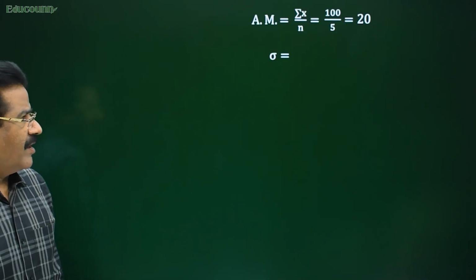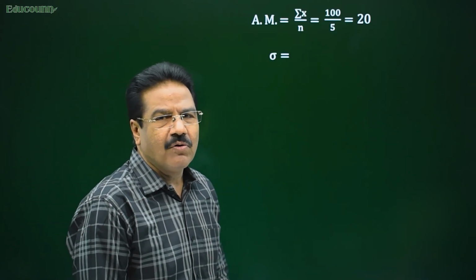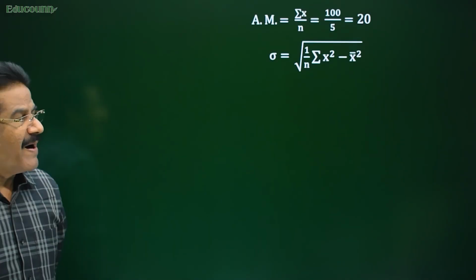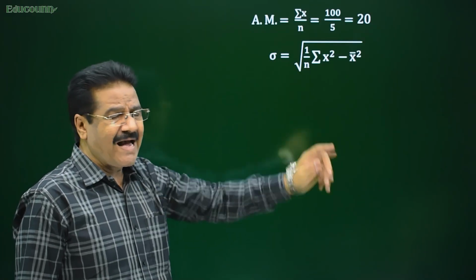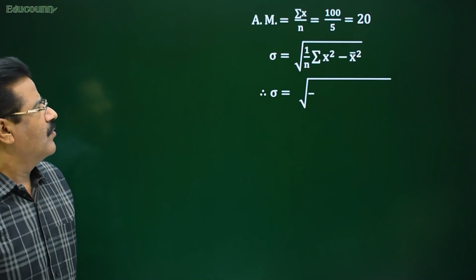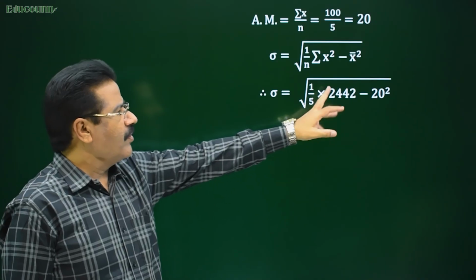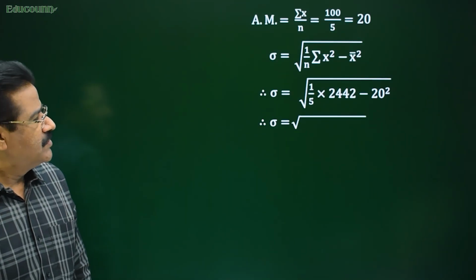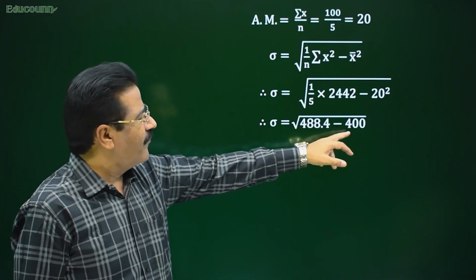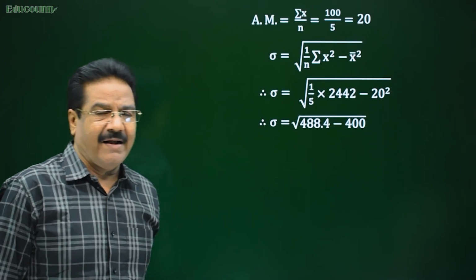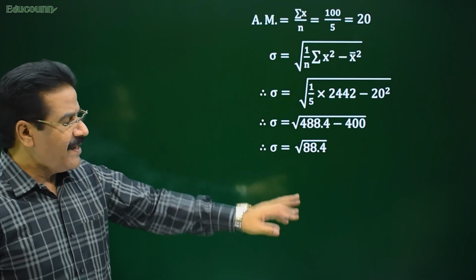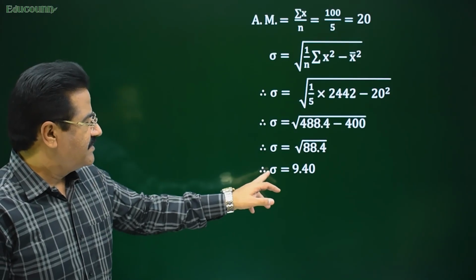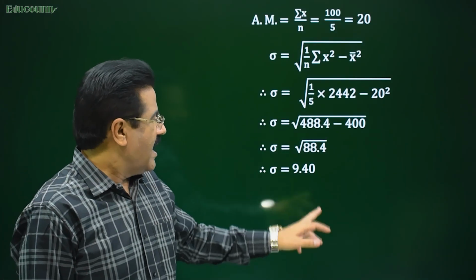And now let us take formula of standard deviation. Sigma is equal to under root of 1 upon n summation of x square minus x bar square. X bar means arithmetic mean. So that is equal to 1 upon 5, 2442 minus 20 square. Simplify that using calculator. So we get 488.4 minus 20 square, that is 400. And therefore 88.4 under the root, and we get standard deviation sigma is equal to 9.40 after taking the root